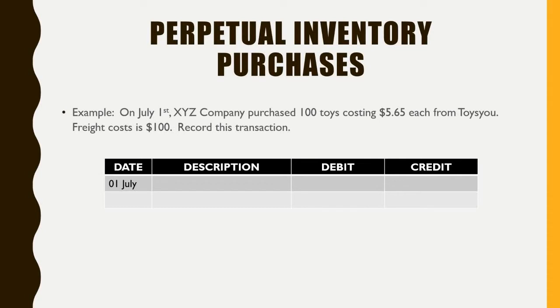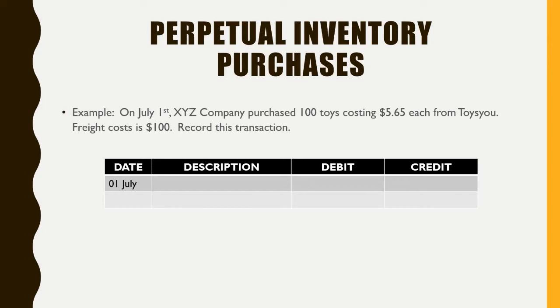So here's the first example, where on July 1st, XYZ company purchases 100 toys, costing $5.65 each from Toys U, okay? And a freight cost, of course, $100, okay, record this transaction. Now,